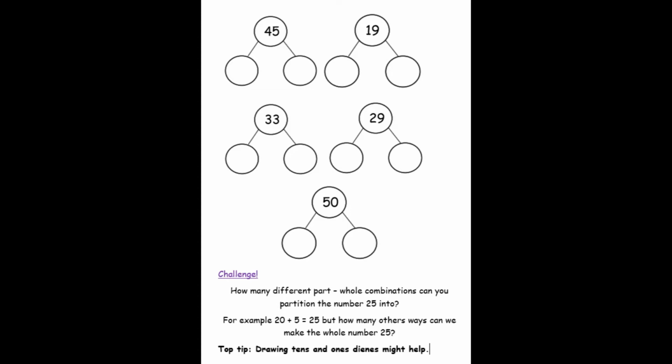Now, I've got a little tip for you. It might be useful if you were to draw yourself an empty part-whole model, that's with the circles, and then draw yourself some tens and some ones in lots of different combinations to see how you can make 25 in different ways. I'll be looking for how many of you can complete